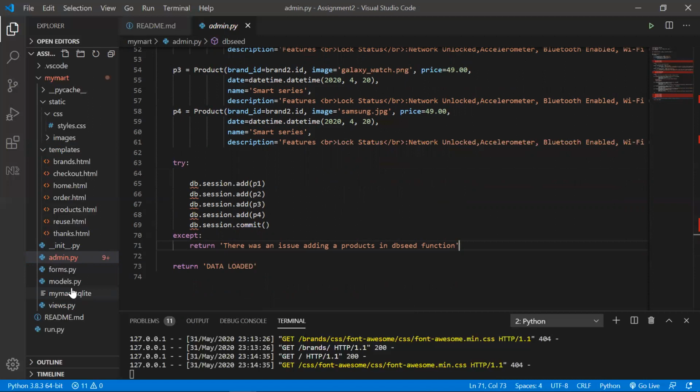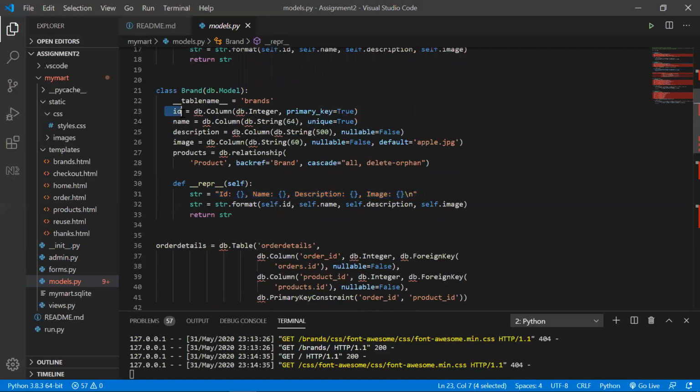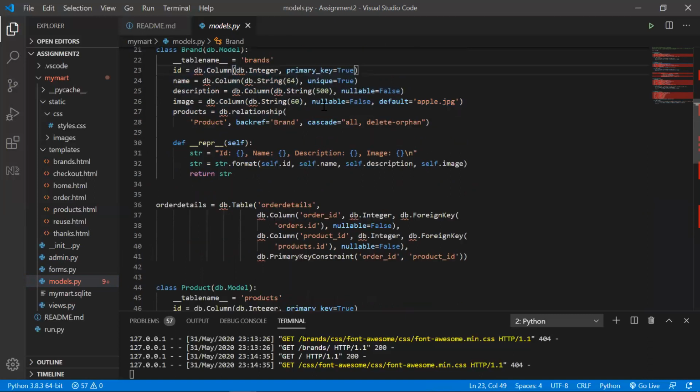Before going to the database, I need to explain to you about the models. Models, in the sense, what data you require, what data you need. For example, if you mention only id, image, name, and description. As you can see, I am highlighting my screen: there are id, name, and description. As I mentioned here, there are only id, name, description, and image, so that in your page, when you're trying to display this, you can display it as it is.